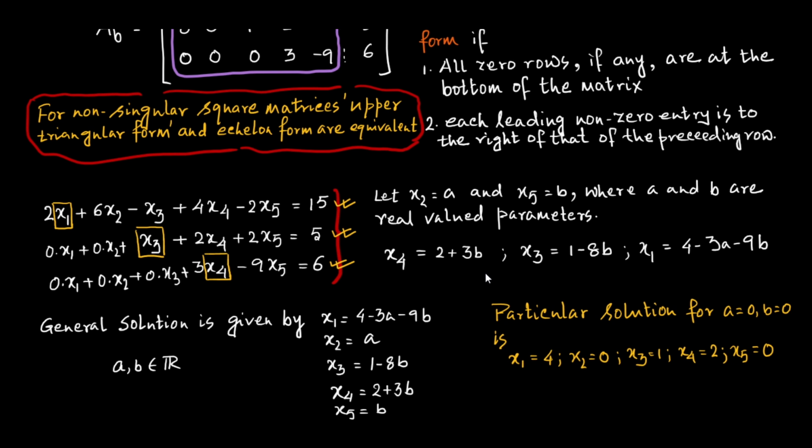Now, at this point, I would like you to think about this phenomenon from the column perspective. In my previous lecture, I discussed two perspectives, the row perspective and the column perspective, of looking at a system of linear simultaneous equations. Now, when you have this particular solution, I want you to analyze this equation from the perspective of column vectors. You can let me know your findings in the comment section below.